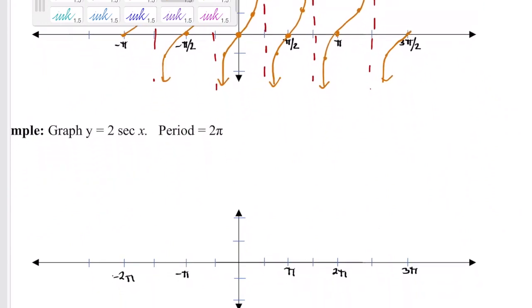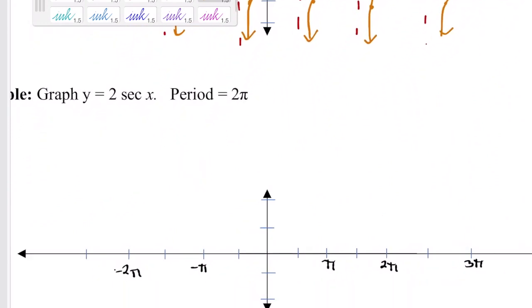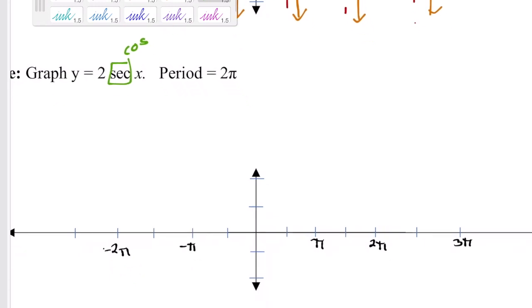And then for our next bit, we're looking at secant. So secant is our inverse of cosine, or sorry, reciprocal of cosine, not inverse, reciprocal. So this is a reciprocal of cosine, which means I like to draw out the cosine first. Because we're at 2 here multiplying on the outside, that means that our amplitude is going to be 2. So instead of going to the 1, I'm going to 2 here. So my cosine, I'm going to draw that in first. Cosine starts up at 1. Again, we're going to be starting at 2 because of that change in the amplitude, and then 0, and then -2,